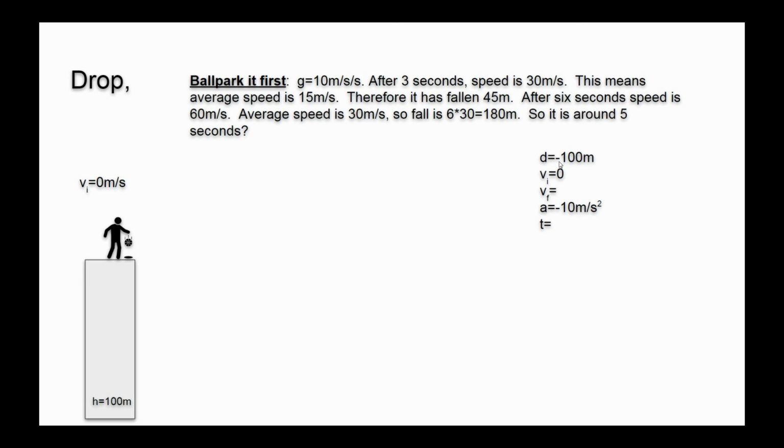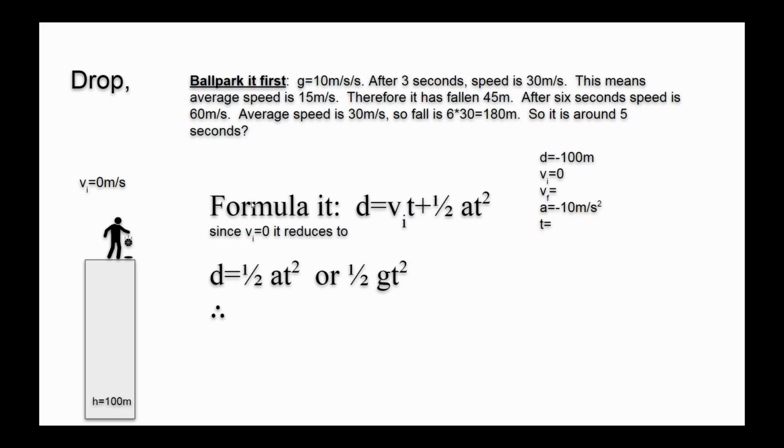Itemize the variables. It's falling 100 meters, so it's negative, and acceleration is in the same direction. Start from rest. Now we're going to get a formula here. We can use this one right out of the gate because it's going to reduce beautifully to 1/2 at squared. You could write 1/2 gt squared, and that's totally acceptable. It's gravity, and that tends to make it harder for you to mistake some other value for the one you're using. And you solve for t,